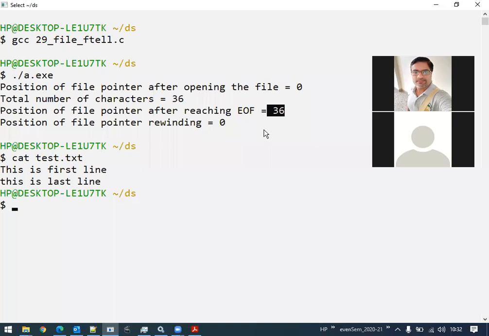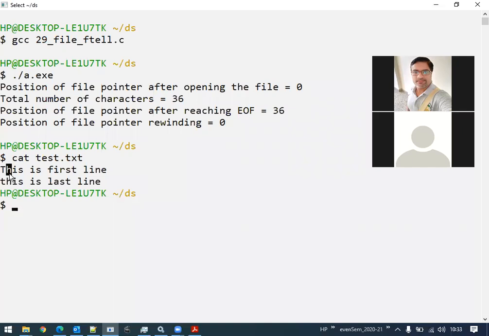Okay, now let us understand here. The program is correct. How? These are the contents. Now here the first character is T. Is it the 0th position or the first position? So 0th. This is 0, right?